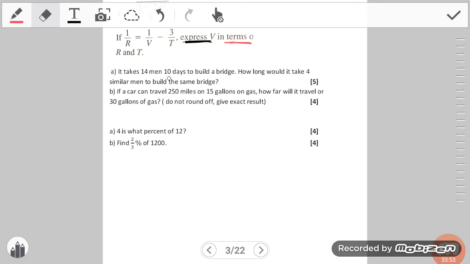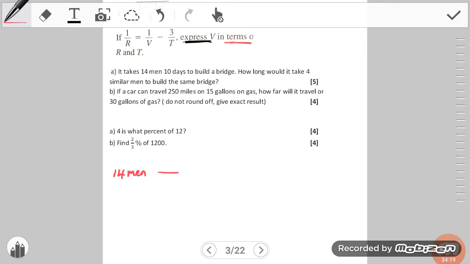And so there's a couple of ways in which you could do this. I teach my students one particular method, which I'm going to be doing first. Then I'm going to show you another method in which you can look at it. All right, so this is inverse variation here. So first thing you want to do is to write down what it is that you know first of all. And what you know is that 14 men,